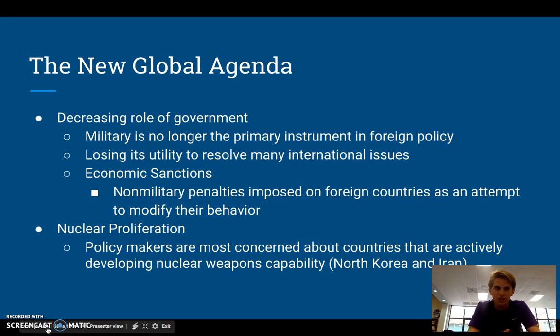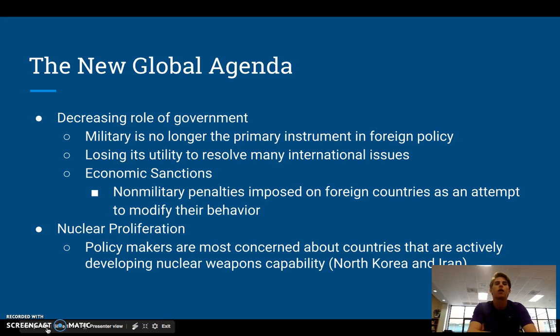So the new global agenda: there's a decreasing role of government, and this is not only in America, but all across the world. The military is no longer the primary instrument in foreign policy like it used to be, when whoever ran the world had the strongest military. It's losing its utility to resolve many international problems, and there's not one true dominant power everywhere that can just overrule everything. And economic sanctions are becoming more prevalent because now there are non-military penalties imposed on foreign countries